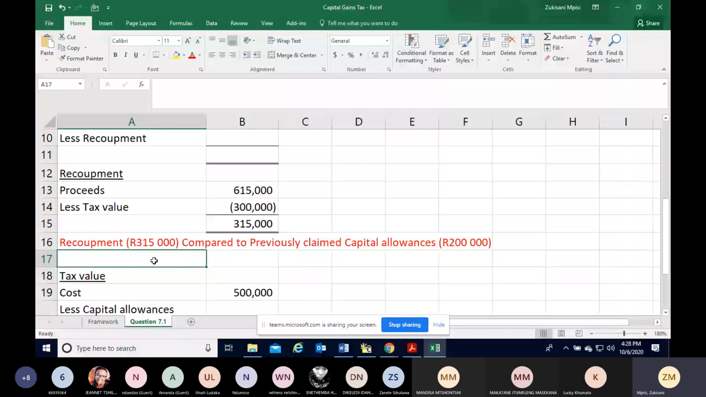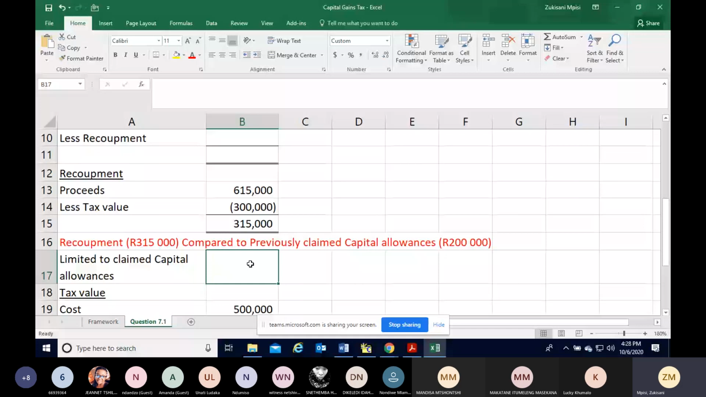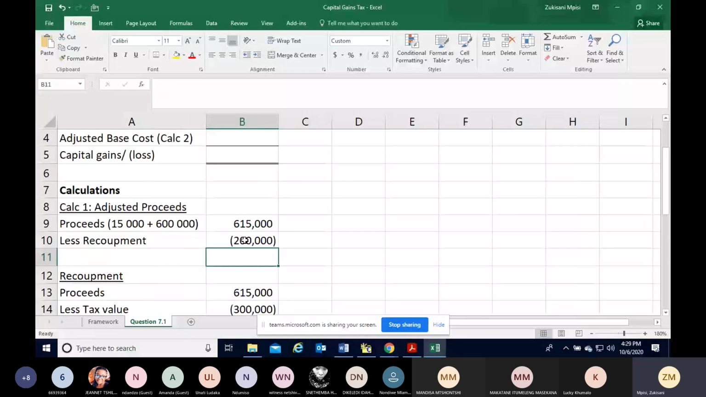So this specifically means that your recoupment is therefore limited to claimed capital allowances and is therefore 200,000. This is extremely important, that you always have this with you. So this is your actual recoupment, so it's limited to 200,000. So now we can go back to adjusted proceeds and say less 200,000, and therefore we get adjusted proceeds, which are